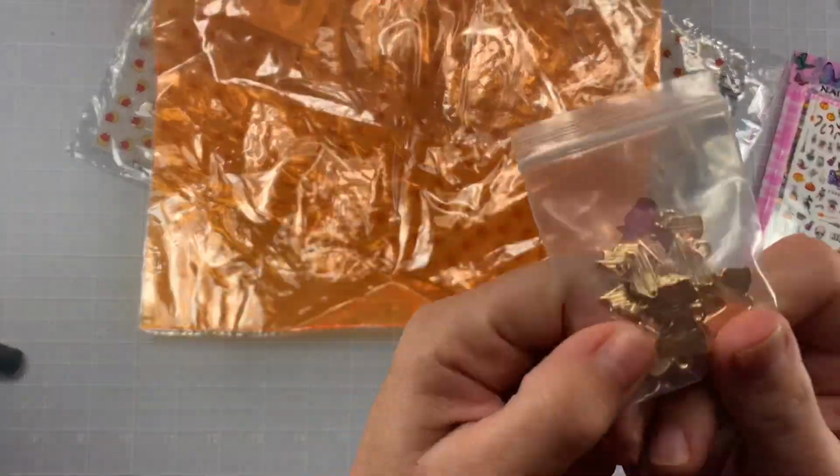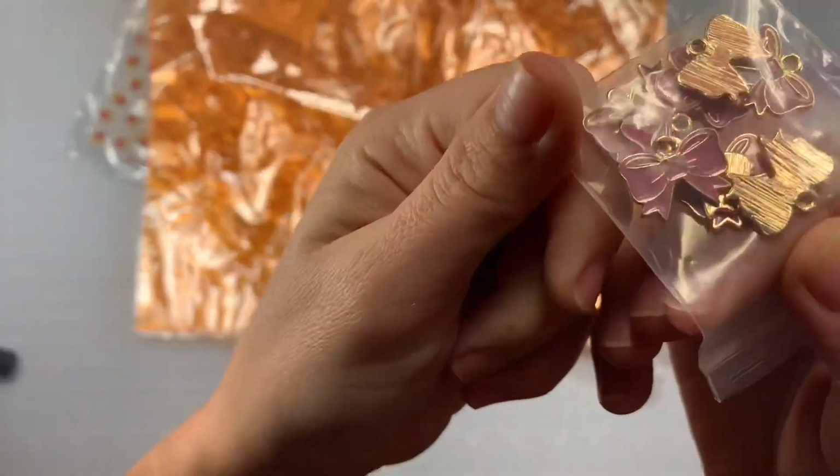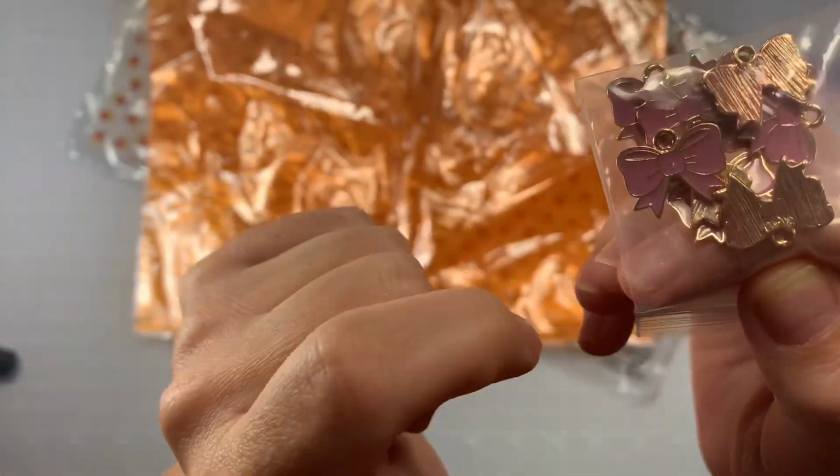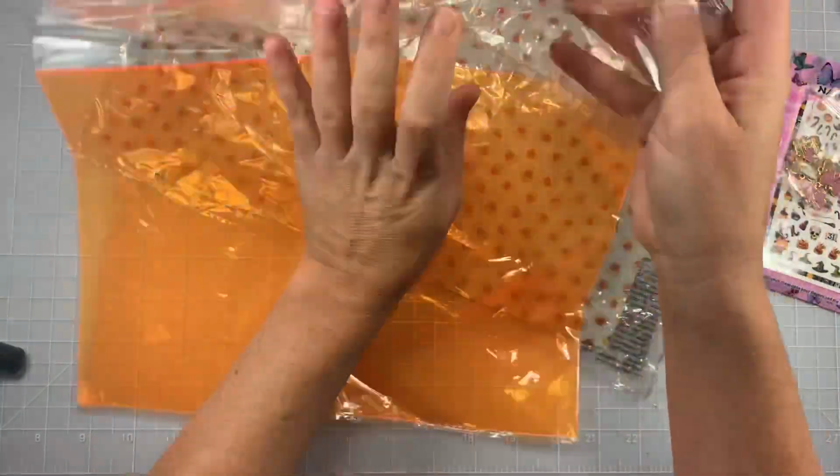And then I didn't realize I ordered another set of these, which are those cute little bow charms, the pink little bow charms. So I have 2 packs of those. And then I picked up some of this